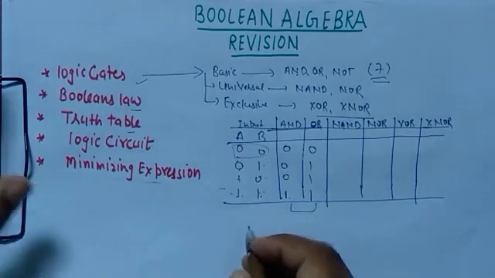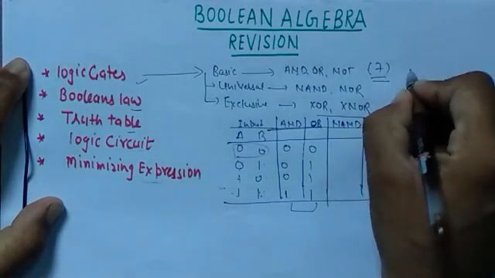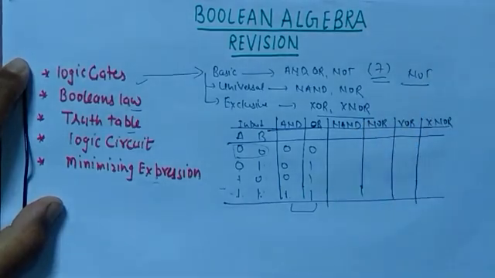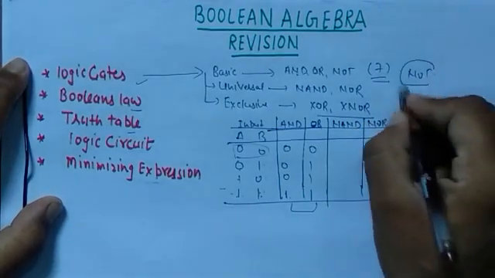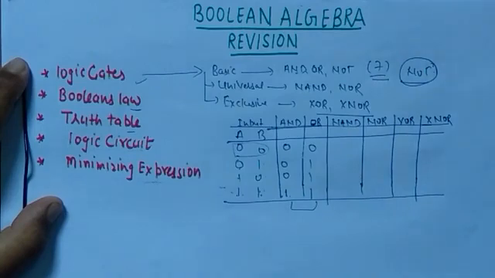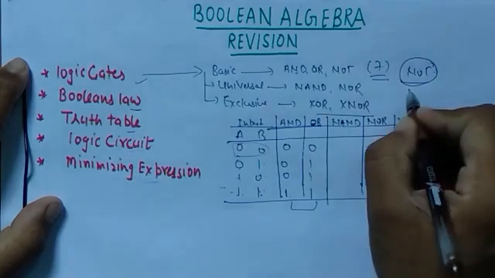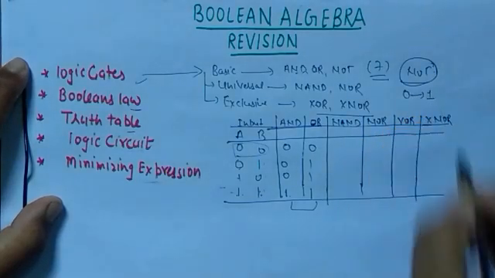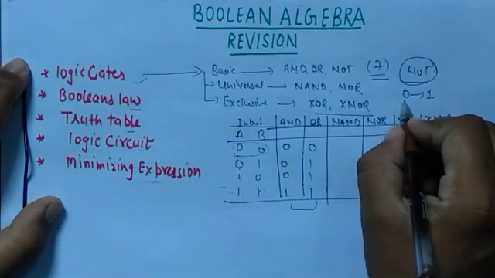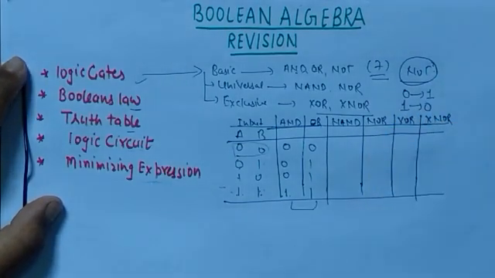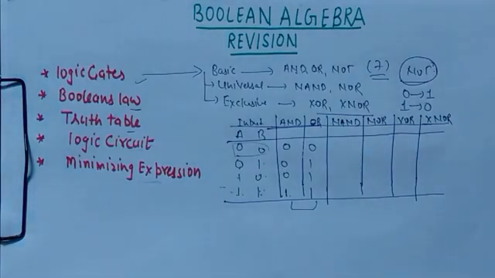Now after that we have one more gate, that is NOT gate. We can say it gives the complement output. It gives the opposite output. If input is 0, it will give the output 1, and if input is 1, it will give the output 0. So what does the inverter, the NOT gate, do? NOT gate will take only a single input and it will produce a single output. And what will be the output? Output will be the opposite of input.